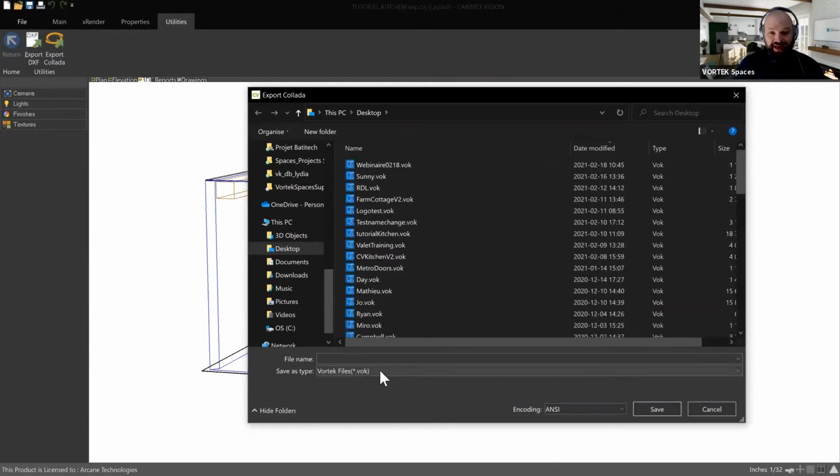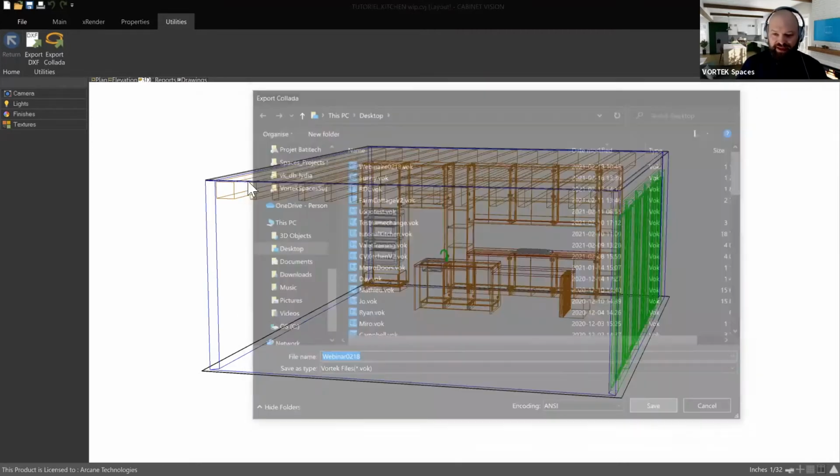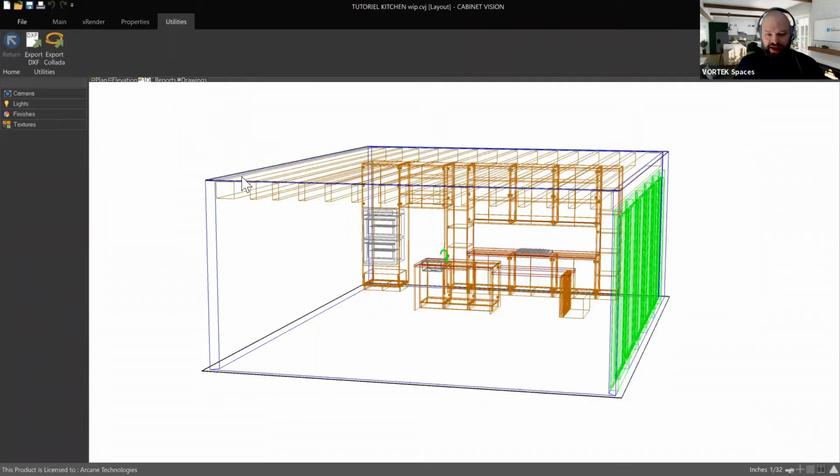The export was added in Cabinet Vision back in version 9 already. So I'll just call it webinar, like that, and save it on my desktop. You can save that file pretty much anywhere you want on your computer, but just try to remember where it is, because if you want to make changes later down the road,